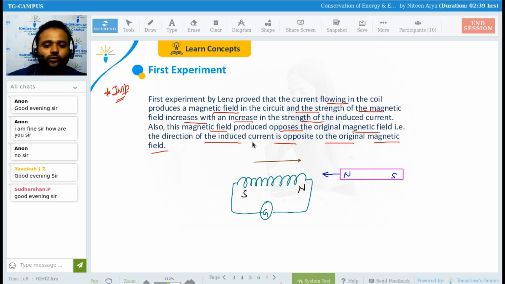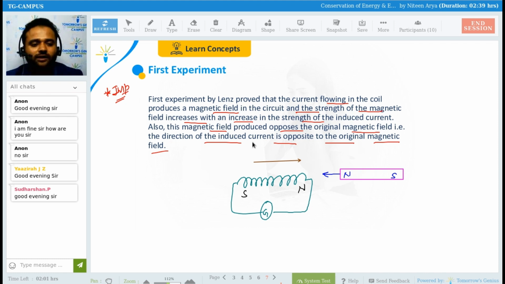You can ask, sir, what happens if I change the wire? Obviously, if instead of diamagnetic I pick a paramagnetic or a ferromagnetic material, the magnetic field is going to change, because in a ferromagnetic material the magnetic intensity or this property is going to be more compared to para or dia. So every aspect they checked, but whatever aspect remains on this, we're going to discuss. Is this clear?